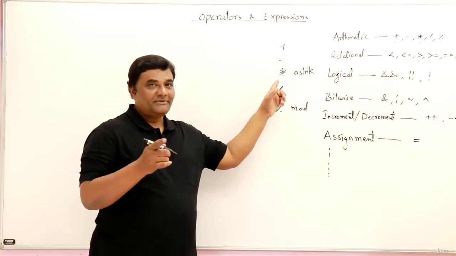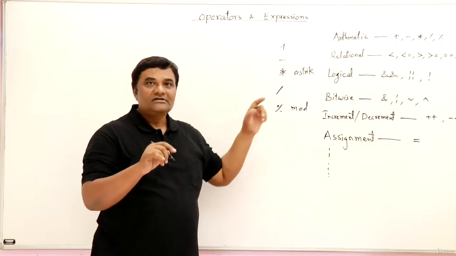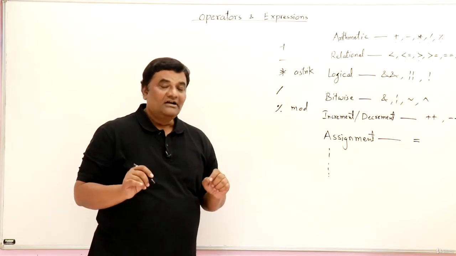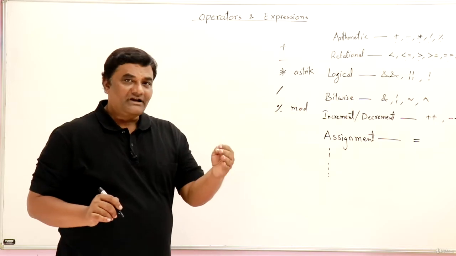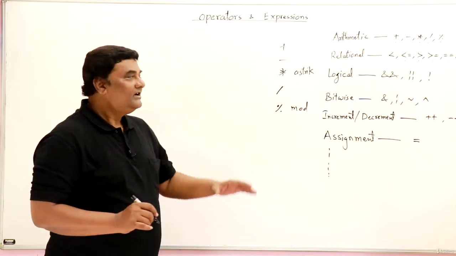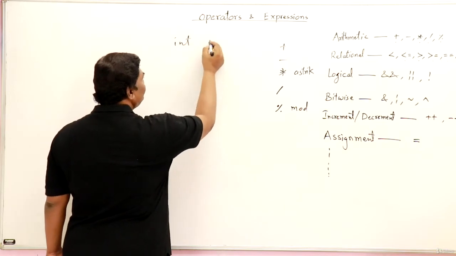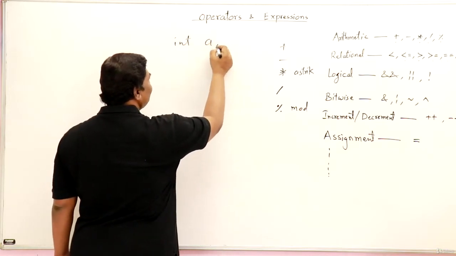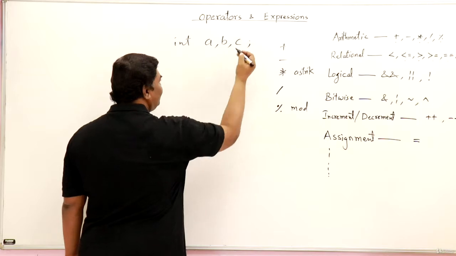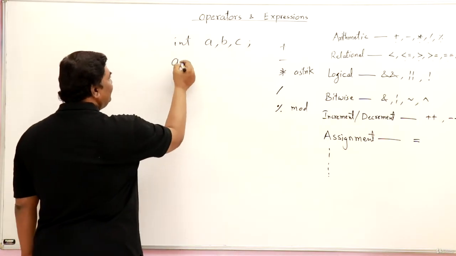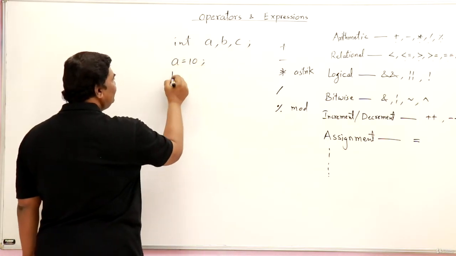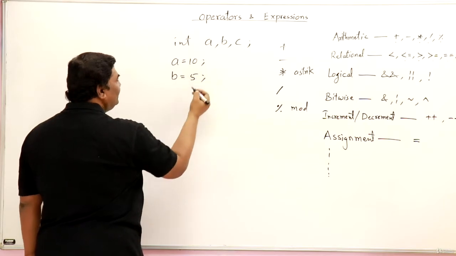They are meant for performing operations on data. So first of all, you should have data. Where do you keep data in your program? In variables. So let me take some variables. I'm not writing a complete program, I am just showing you here. I have two variables, A and B, as well as C. Now A has value 10 and B has value, suppose, 5.